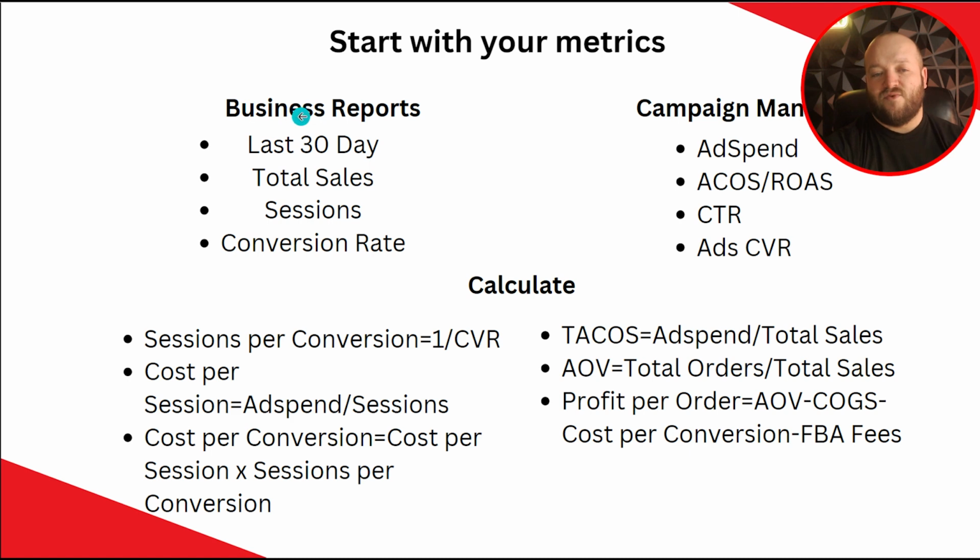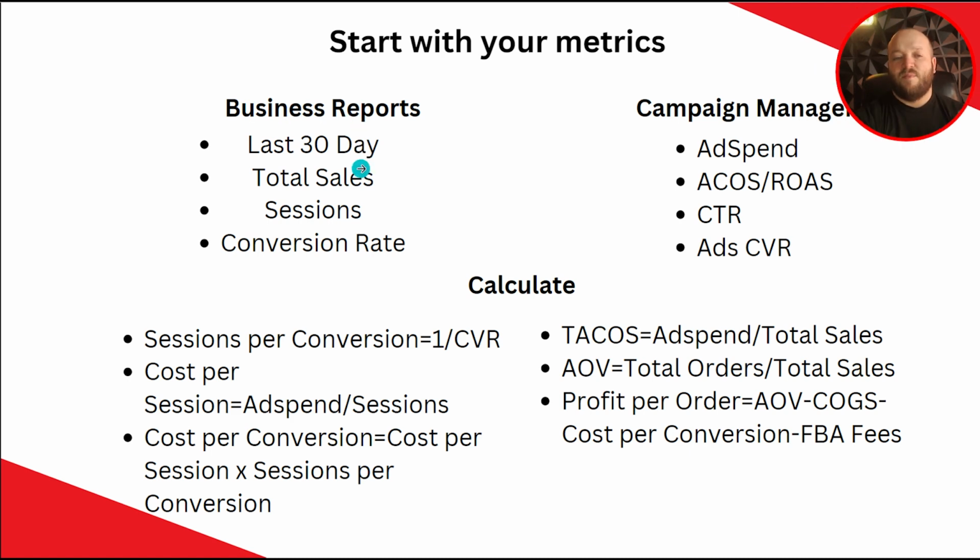You want to go into the business reports. And if you look at some of my old videos, I've spoken a lot about a lot of these reports. Go in your business reports, grab the last 30 days, and look at your total sales, your sessions, your conversion rate, or unit session percentage, which is what's going to show up in your business reports. Then go into your campaign manager, grabbing your ad spend, your ACoS, or return on ad spend, your click-through rate,